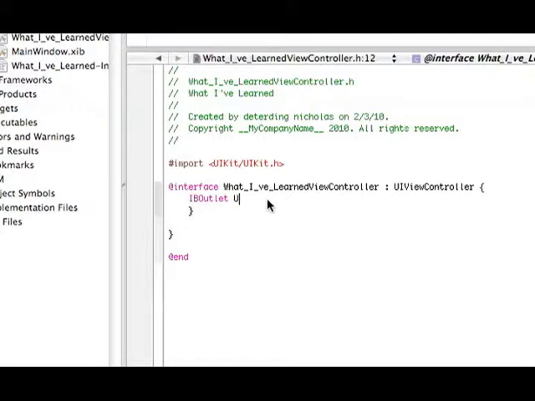So you've got UIButton, which is really simple, and then the asterisk is pretty much just naming it. Once you put a semicolon, that's pretty much putting a period at the end of a sentence. So then another one that I've used